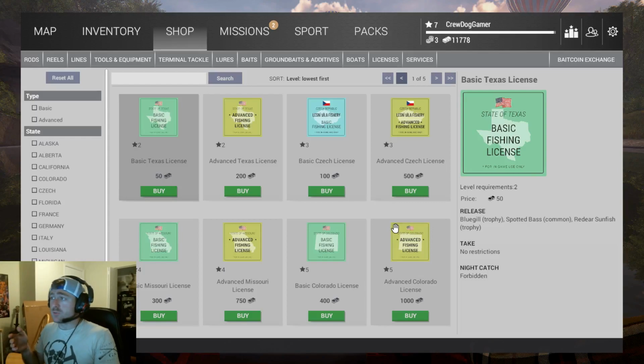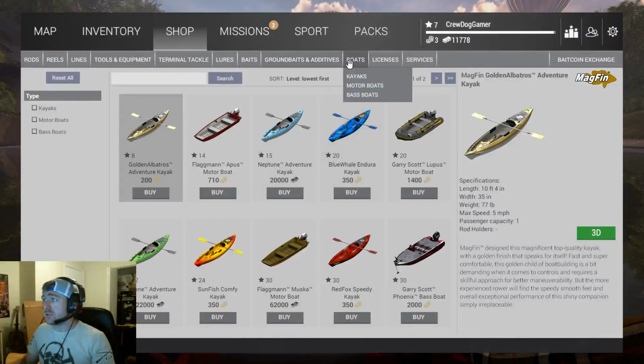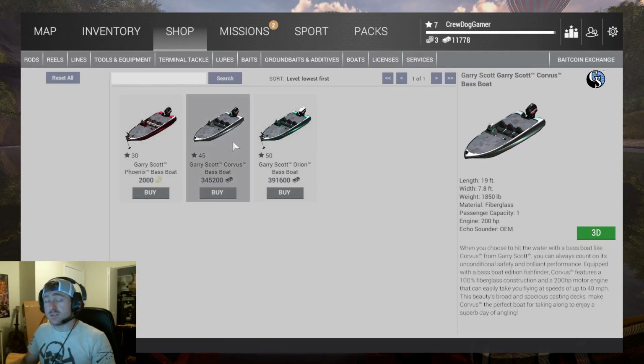So currency has become a much bigger thing. Bait coins are not nearly as prevalent for buying things that are needed to get you around in the world, or buying things that you need, such as boats. Speaking of which, let's take a look at the boats. The bass boats, specifically. They're still about the same price they were,